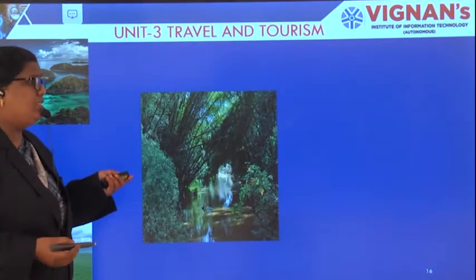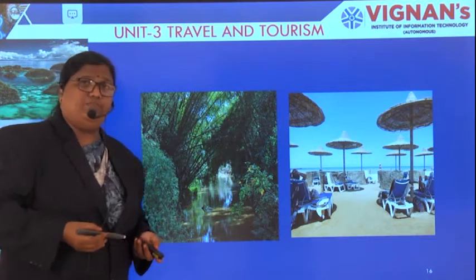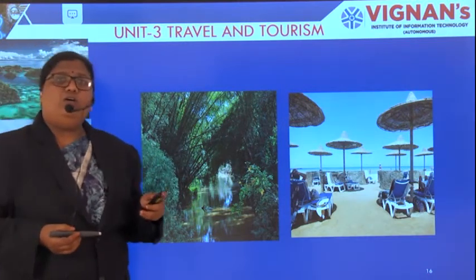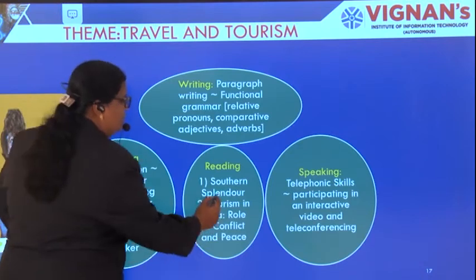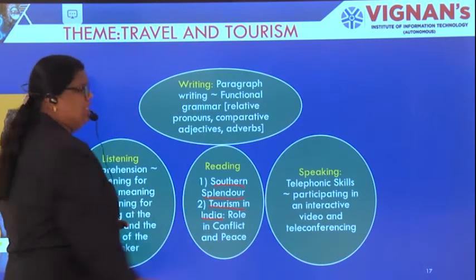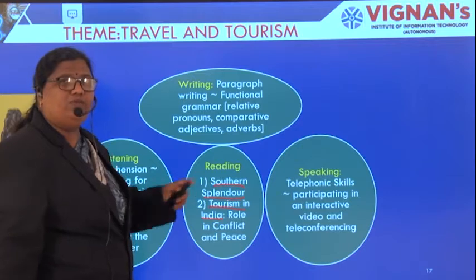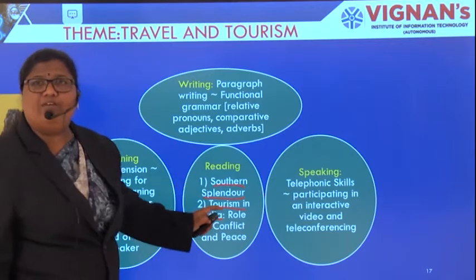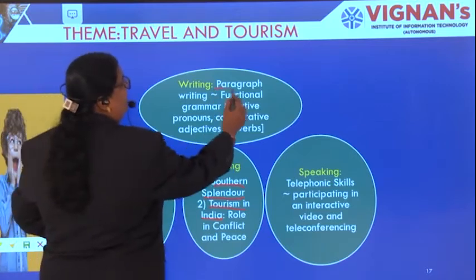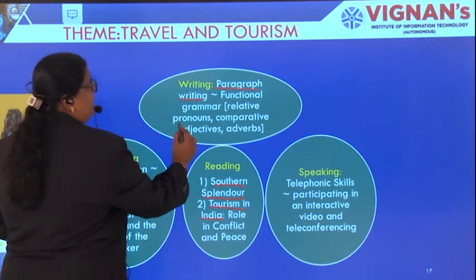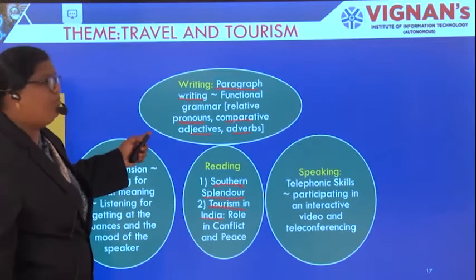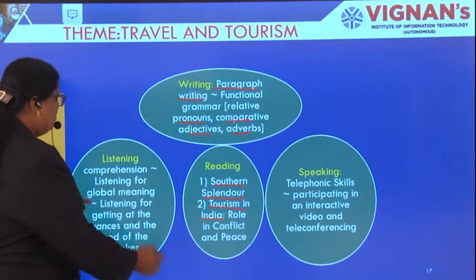So third unit is travel and tourism. In this you have 2 passages which are Southern Splendor and tourism in India. These are the 2 passages which you have in the third unit. And here in writing skills, you'll be learning paragraph writing and pronunciation, and comparative adjectives and adverbs under the grammar portion, and listening comprehension,